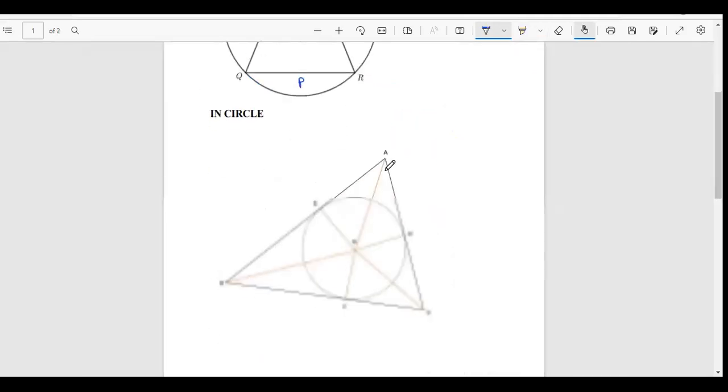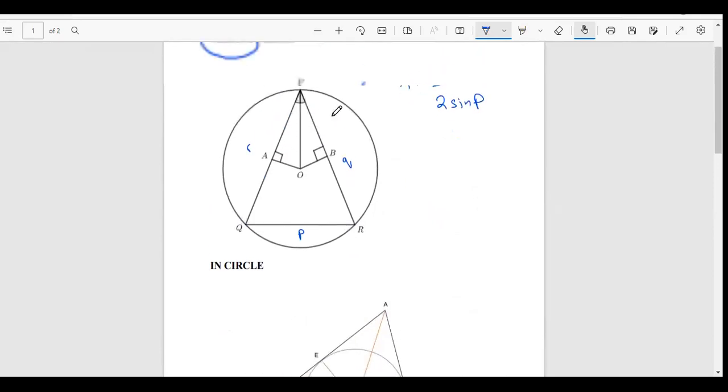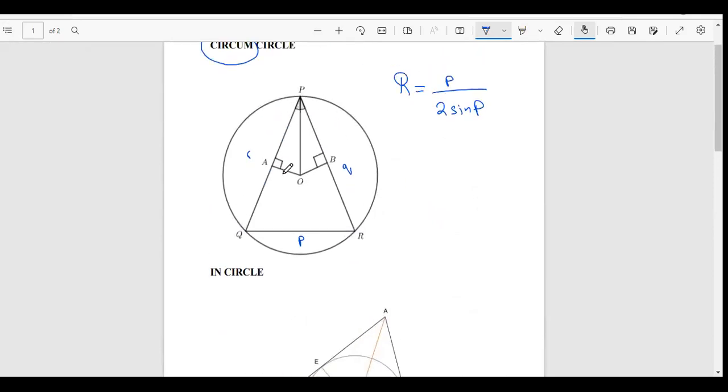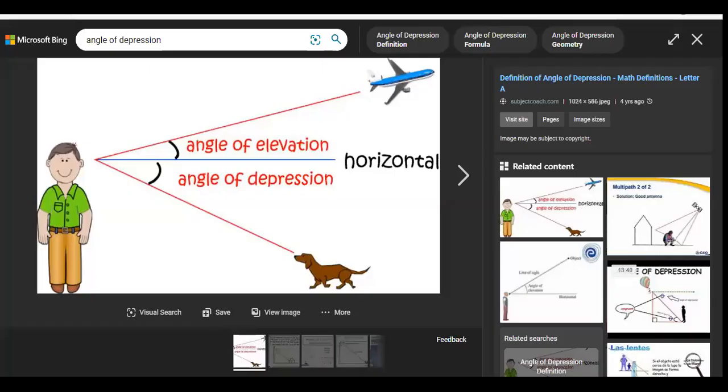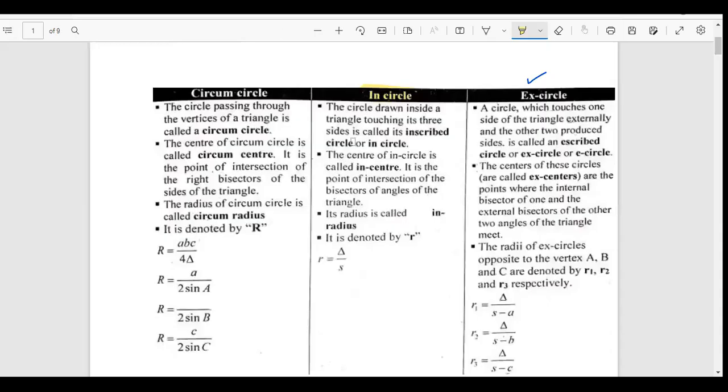यूं समझ में नहीं आ रहा तो हम ये देख लेते हैं। सर्कम सर्कल में सर्कल बाहर था और ट्रायंगल अंदर था। इन सर्कल, ये जो सर्कल है ये आपके ट्रायंगल के अंदर है और दिस सर्कल इज टचिंग द 3 साइड्स ऑफ द ट्रायंगल। यहाँ पे वो टच कर रहा है, यहाँ पे वो टच कर रहा है और यहाँ पे वो टच कर रहा है। तो इन सर्कल का मतलब है कि सर्कल अंदर है, ट्रायंगल बाहर है, बट दे आर टचिंग ईच अदर।